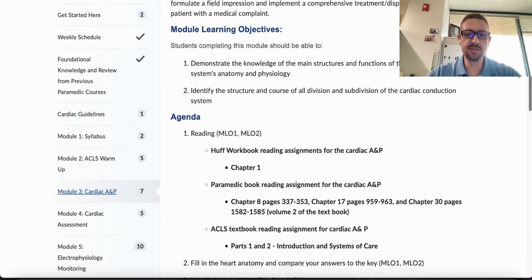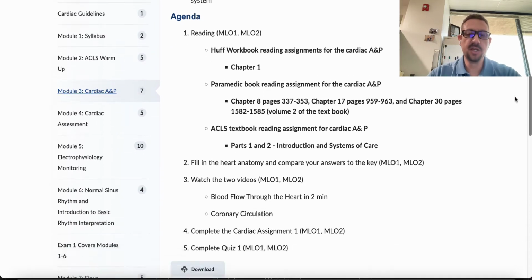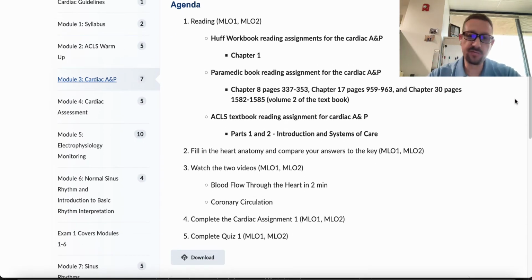We've got our course competencies, our module learning objectives, and we have an agenda. Now, this is where you find the assigned reading that you can work on for the module, and this is kind of to comprise all of the resources that you have together. In most of the future modules, when you see Huff workbook, you're going to be actually completing the workbook and the EKGs that are in it, but here it's just a reading assignment for that. We won't start working on EKGs for a couple modules, but here you do have some reading on the background